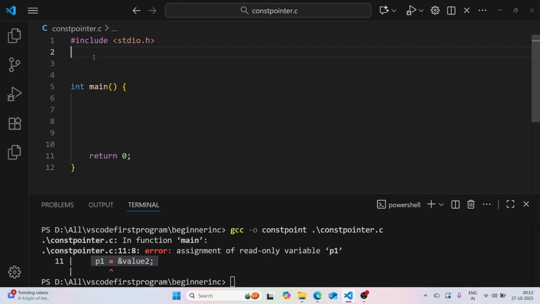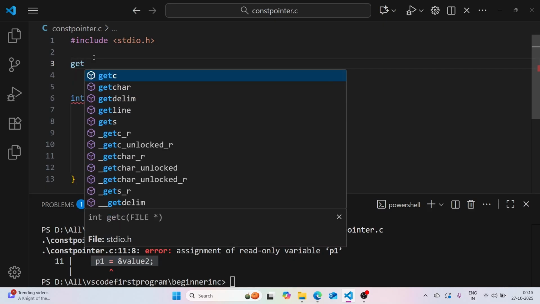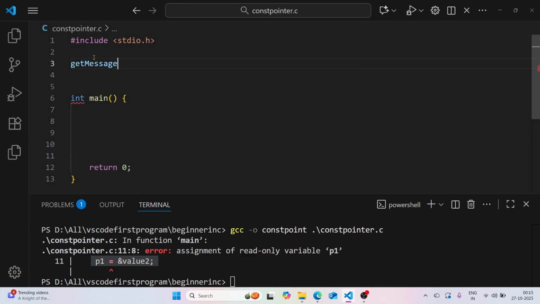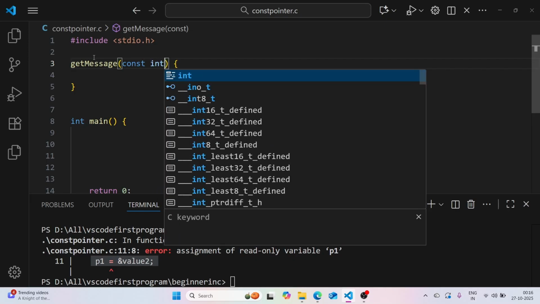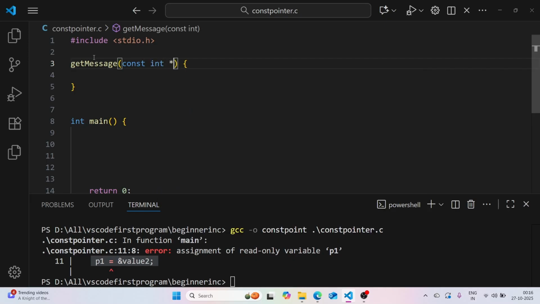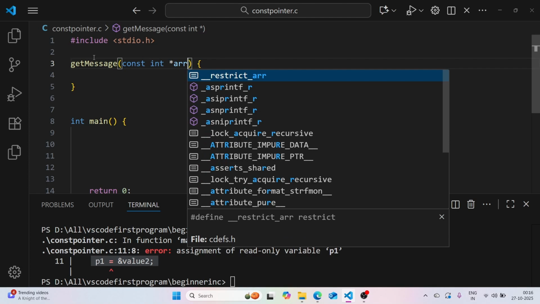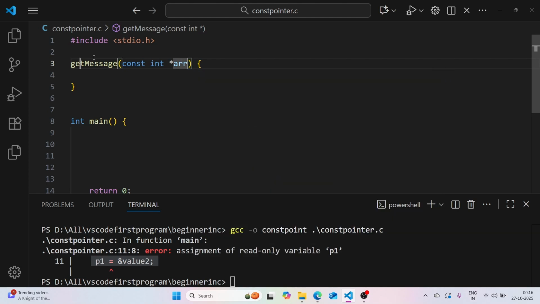So what I will have is a get message function, and there I have const int star array, and here I'll take a void pointer. Okay, and what I will do for this,